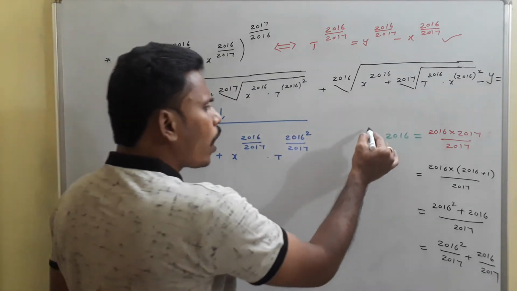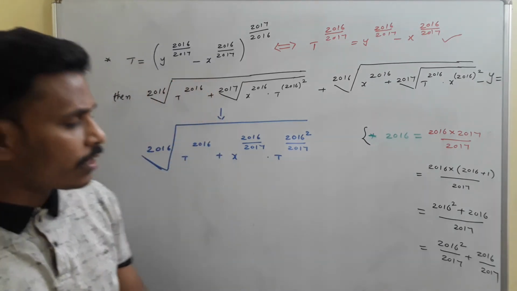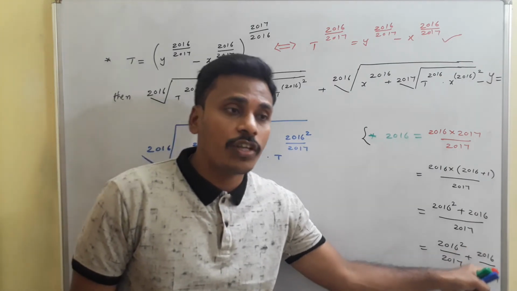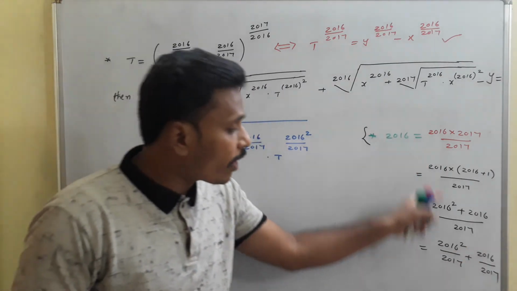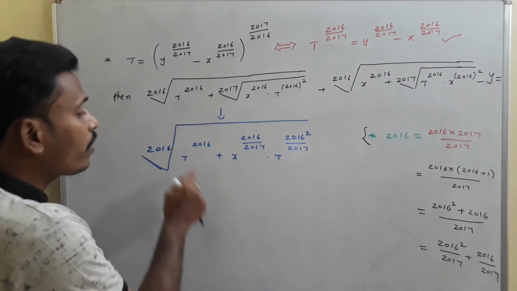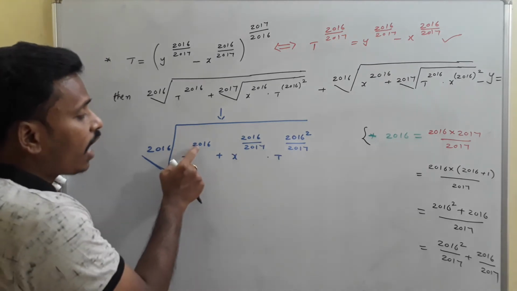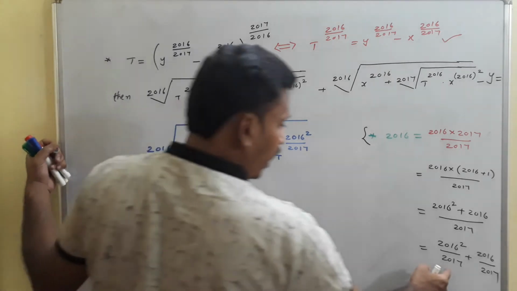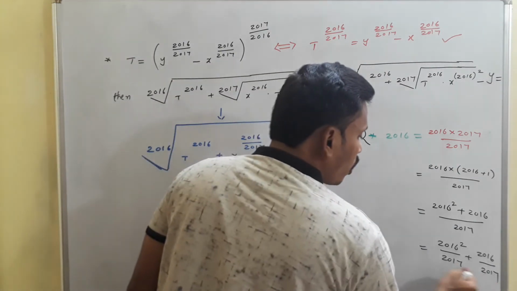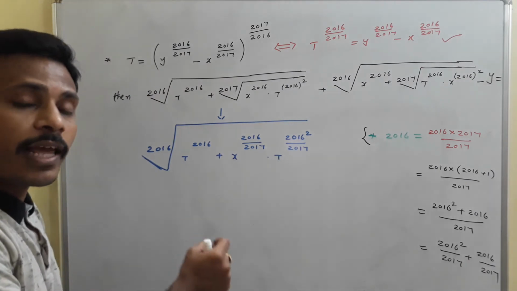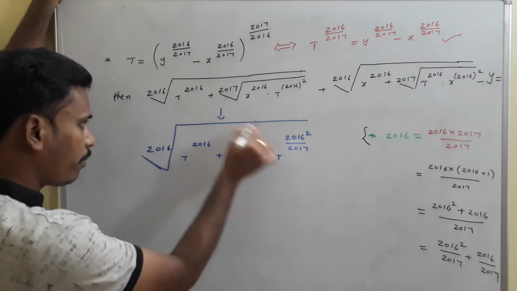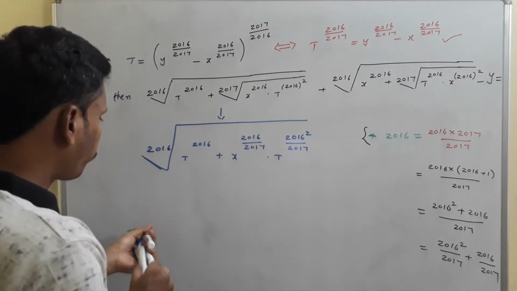See, one simple 2016 can be expressed in this way: 2016 square by 2017 plus 2016 by 2017. This way of expressing 2016 helps a lot in solving this particular problem. So now here in the power I have 2016, I will rewrite this 2016 like this. And some number to the power, of the format of 2 terms like m plus n, we will write a power m into a power n.